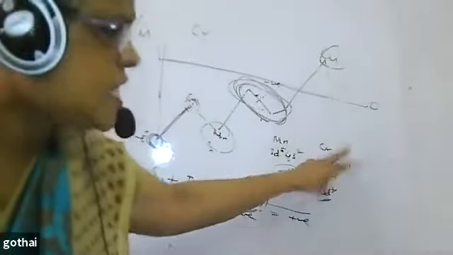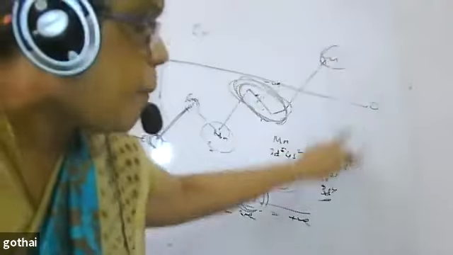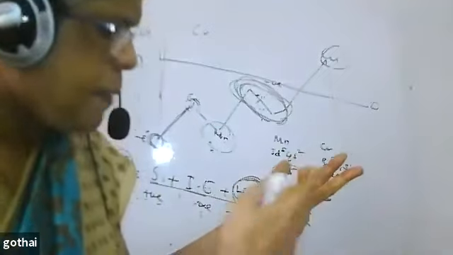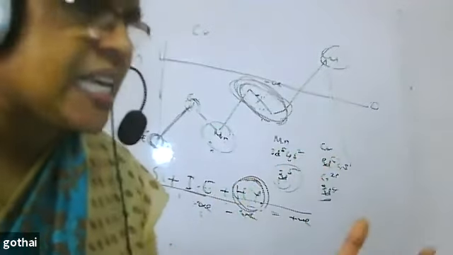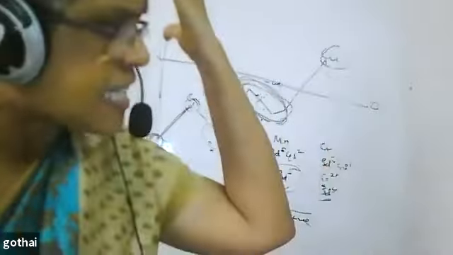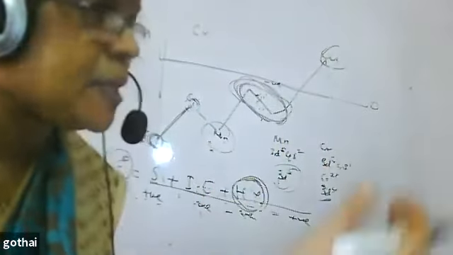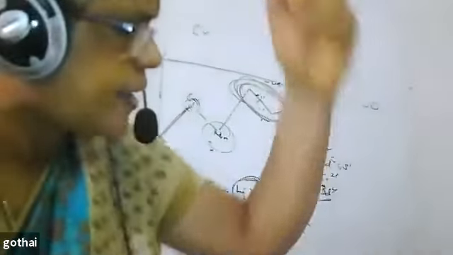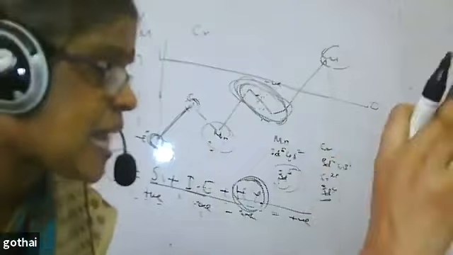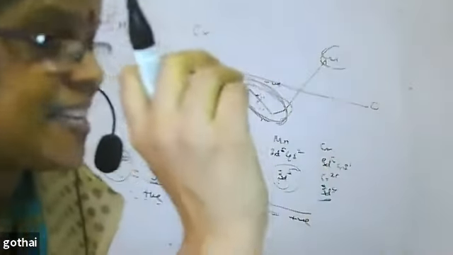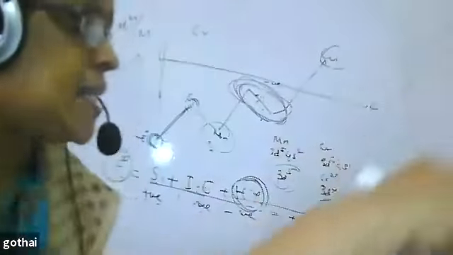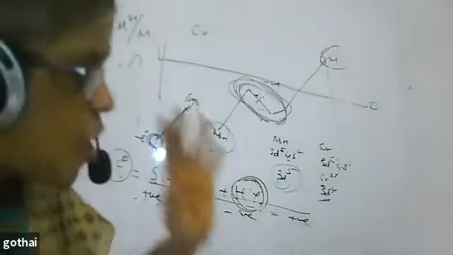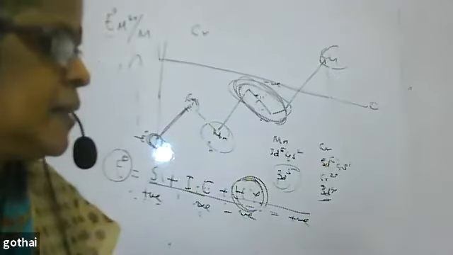Now, zinc last, copper, zinc. Whatever factors play for copper, zinc also will play: ionization enthalpy, sublimation enthalpy, hydration enthalpy. Zinc is smaller, so more hydration enthalpy. Ionization enthalpy is a more stable configuration, so energy is less. Overall, E naught value becomes more negative. We are talking about electronic configuration here; hydration enthalpy predominance comes later. There are various other factors also, but that is not being exhibited. That is the thing. Clear or not?